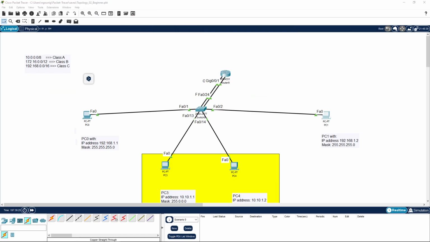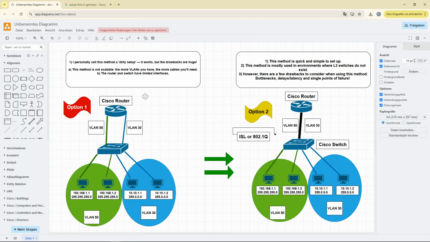So it is already a couple of days since we implemented the inter-VLAN routing. Our last setup was this one, and we are going to continue exactly where we stopped last time. In this setup, PC0 and PC1 were able to reach each other, and PC0 was also able to reach PC3 and PC4 in a different VLAN. Now, the point is we mentioned some drawbacks. What was the drawback? So look at this